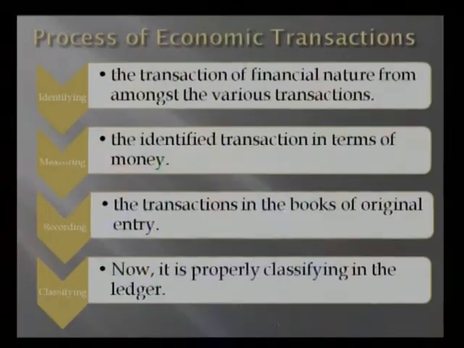Maybe there are many more transactions, one is sales and the other is purchases. But here, if you have one transaction regarding the purchases, that means A purchases the goods from B. So the transaction is: the purchase account is debited and B's account is credited, which makes it a credit transaction. Now we have already identified that it is an economic transaction, that's the first thing.